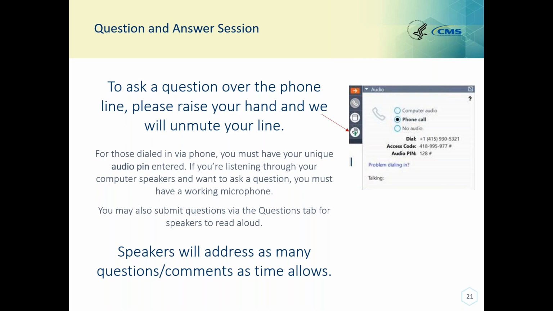Great, thanks for that. All right, your next question asks for clarification on tobacco screening. Is the measurement period from January 1st, 2018 to December 31st, 2019, or from January 1st, 2019 to December 31st, 2019, i.e. 2 years or 1 year? Hi, thanks for that question. It's 2 years, so it's January 1st, 2018 through 12/31 of 2019. You have 2 years to look for that screening to be completed. Thank you.